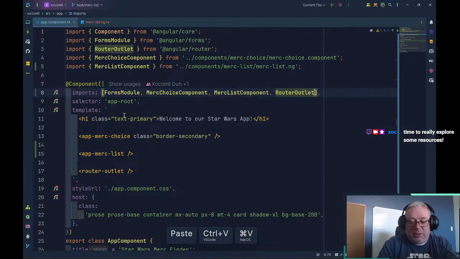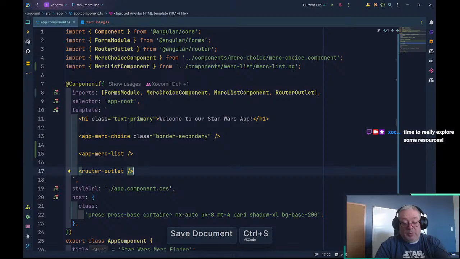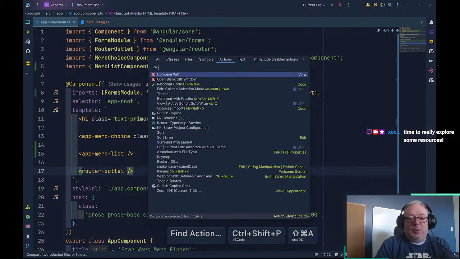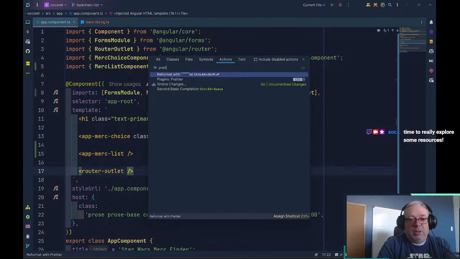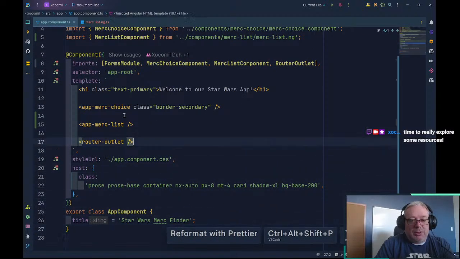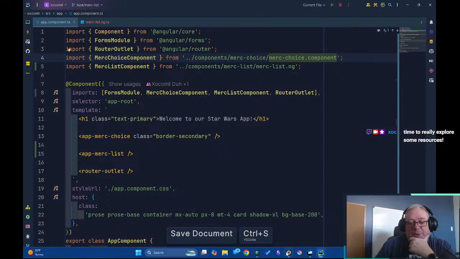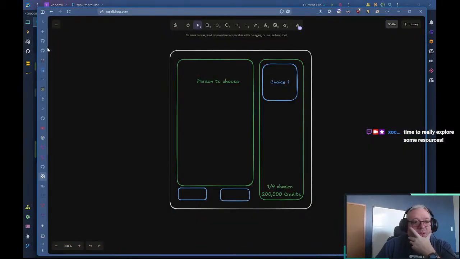And if we add a comma here, it's going to make that kind of stuff easier. So there we go. And if we format with prettier, I think prettier is already running. So there we go. So now if we go take a look at our application, we should see